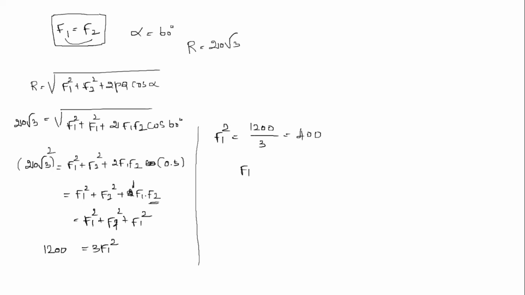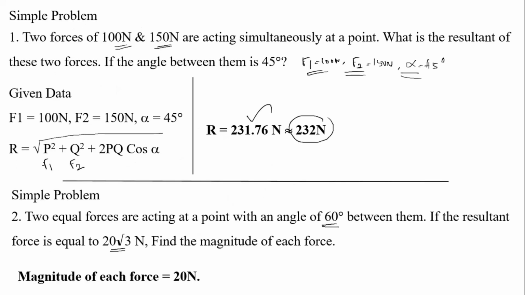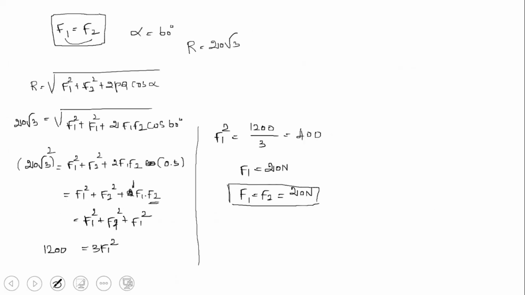So F1, which is equal to root of 400, which is 20 Newton, right. So F1, which is equal to F2, we know that, so which is equal to 20 Newton, clear. So this is the answer, 20 Newton, okay. So now